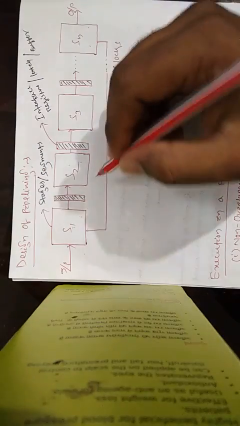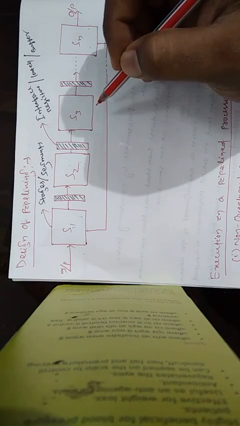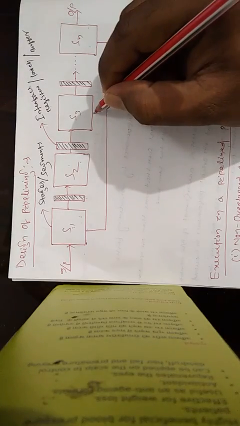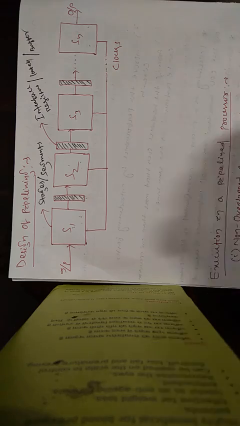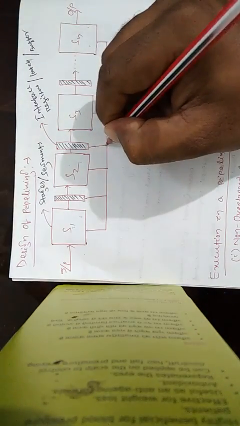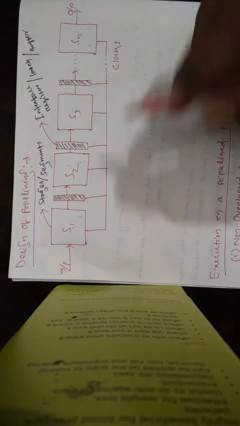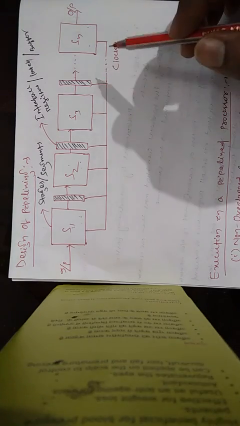What happened? All these stages in the pipelining, along with the interface register, are controlled by a common clock. They all are connected by the help of a common clock. So when an instruction is loaded into this pipelining process, and the timing is allocated, the execution process will be